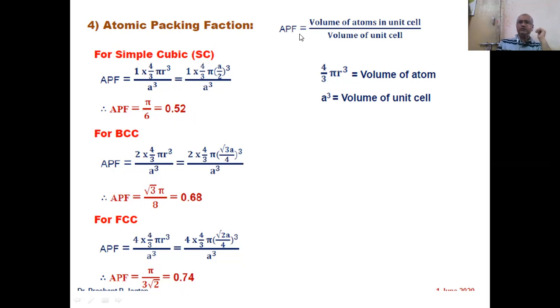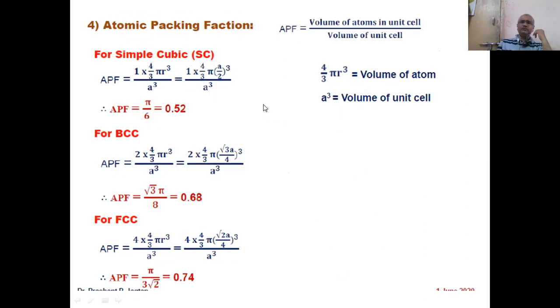Now remember, this is the volume of the atoms per unit cell divided by volume of the unit cell, and this is the volume of single atom. Find out the number of atoms per unit cell and multiply it by this volume of atoms. So it gives the volume of atoms per unit cell, and a cube is the volume of the unit cell, which is already known to you. So taking these ratios and putting the values of r in terms of lattice constant, we can calculate the packing fraction for different crystal structures. Now remember, the packing fraction is always less than 1, because not 100% of unit cell volume is occupied by the atoms. So this is all about the packing fraction.